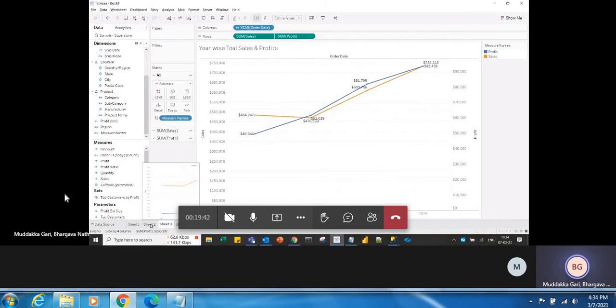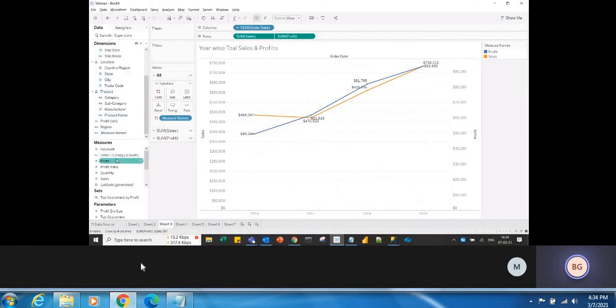If you want to get it, you can just create a duplicate and drag that into the measures. By default, the aggregation will apply as count distinct. Just like how it applies for sum, average and all, for this converted dimension it will take the aggregation as count distinct. You can see that, right? When you drag it, it will take count distinct. That is one way of doing it.